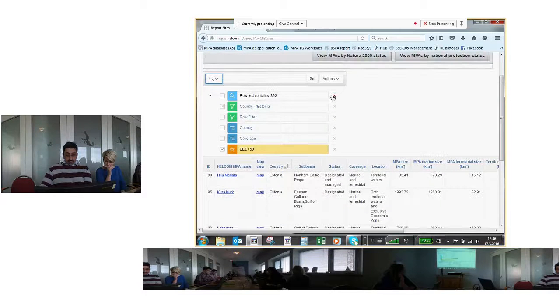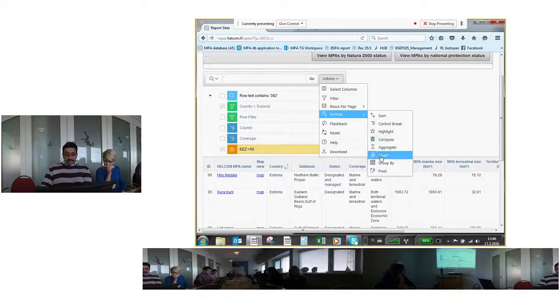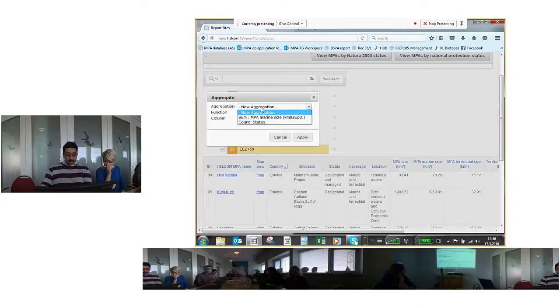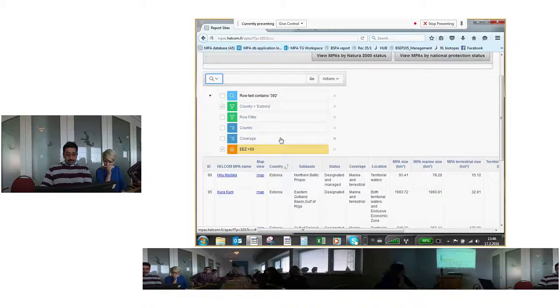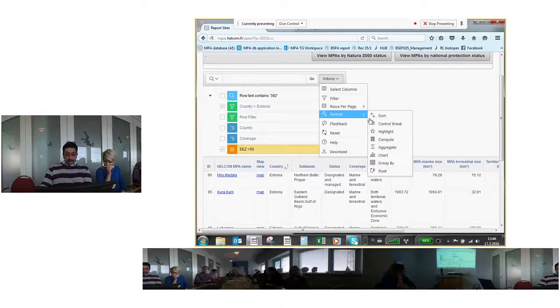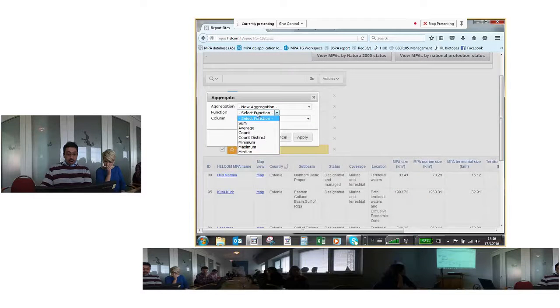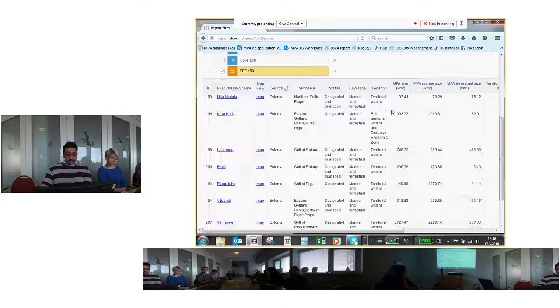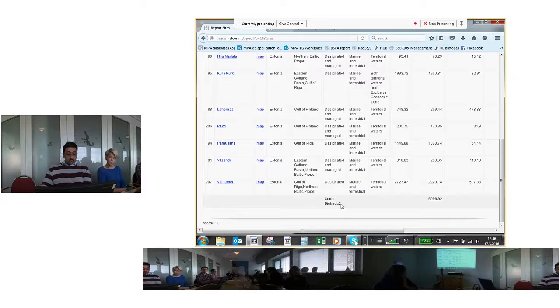I can also count the distinct types of status that we have. So if I go back to aggregate and delete this one and create a new aggregation, I select count distinct, which means I will know what are the distinct types of sites that I have in Estonia. If I choose status here and apply, I can see that the count is 2, which means that there are 2 distinct types of sites in Estonia in terms of the status,